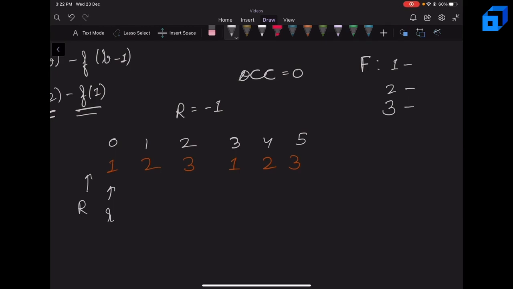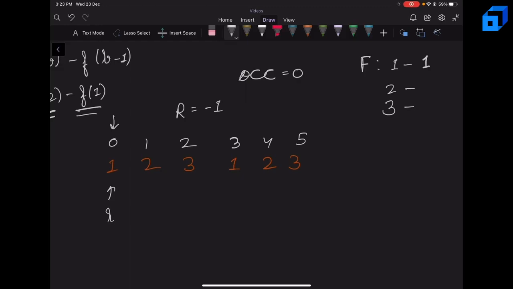So if by taking the R plus 1th element, the number of occurrences of special elements exceeds 2, because we are finding f of 2 now, so it should not exceed 2. Since the number of occurrences of special elements is 0, we can actually take the R plus 1th element. So we'll increment our R or right pointer. Now the right pointer points here. Also we will increase the frequency of 1 to 1. Now occurrence will still be 0, because there are 0 elements whose frequency is at least 2. As soon as the frequency of any element becomes equal to 2, we will increment occurrence by 1.